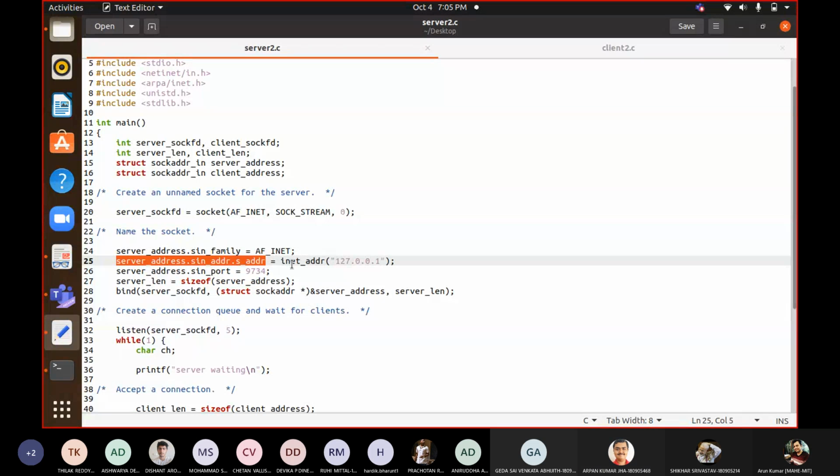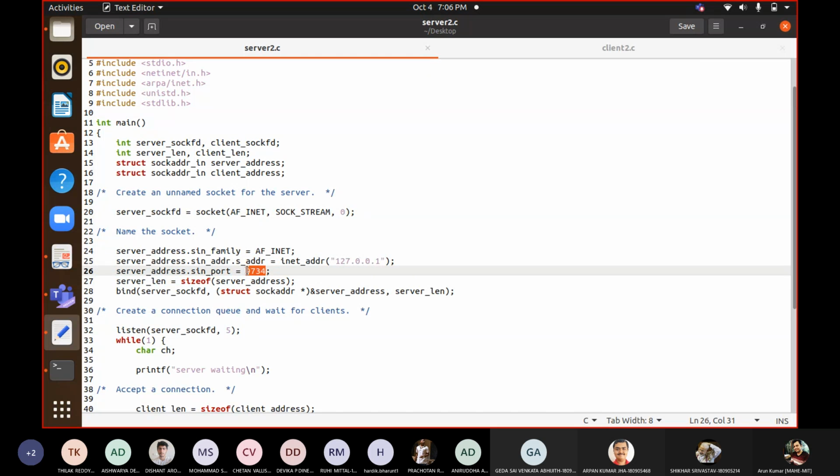So then we are converting. This IP address we want to give, but we can't give it directly. We have to first convert it into bits. So who is converting? inet_addr, or the second function you can also use, inet_aton, I think. So that function you can also use. So this thing you have given. Then the third one is 9734. It is of your choice. You can give any port number. So this port number we have given to the server.